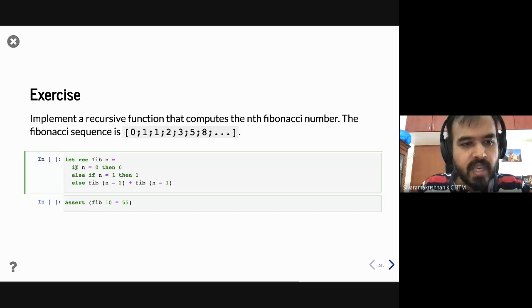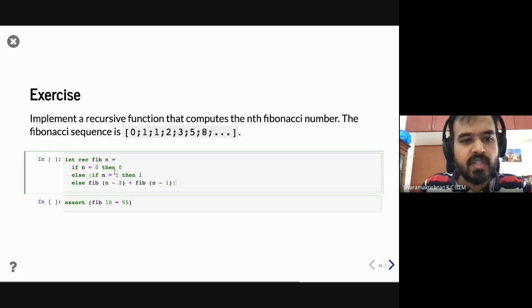One other thing that I want to say is, let's look at this one, right? If n is 0, then 0, that is fine. I am using else if here, but I haven't told you that OCaml has else if. So the way to actually read this is there is no else if in OCaml. It is just a matter of scope, a matter of how you parse it. So we only have if and else.